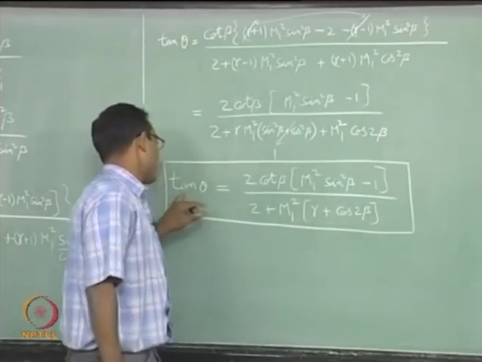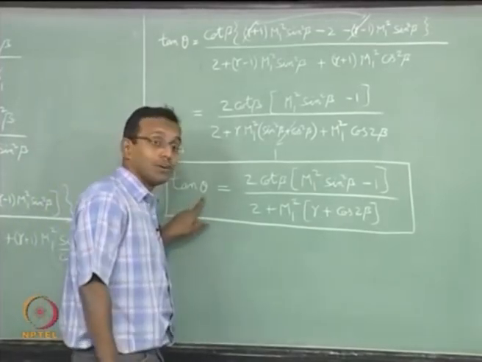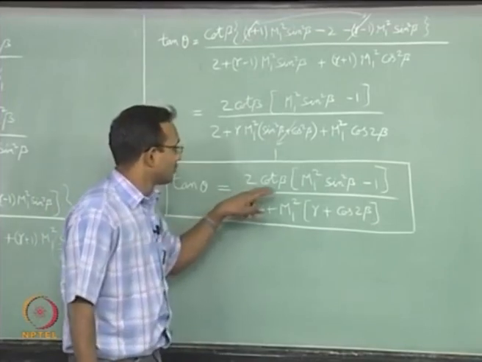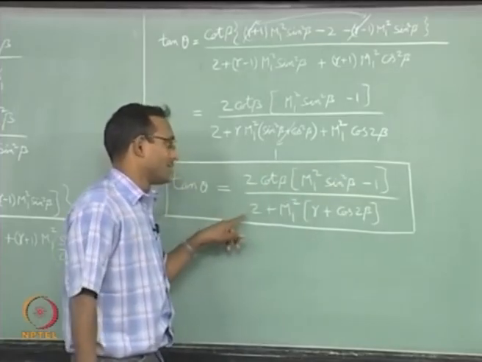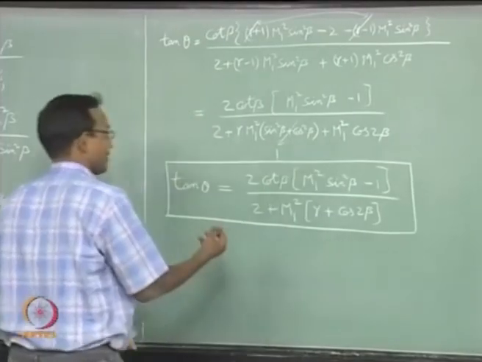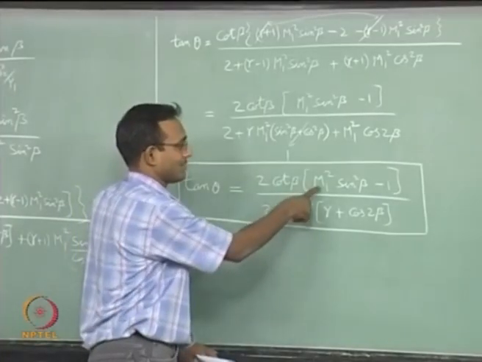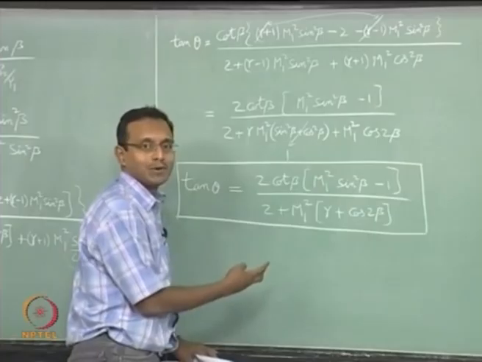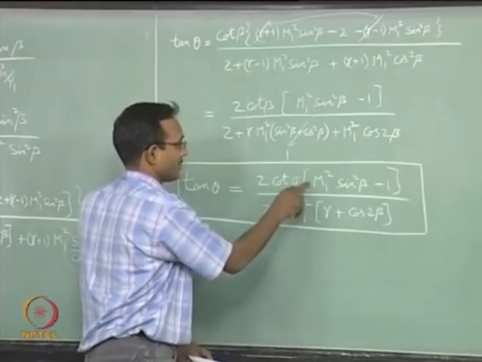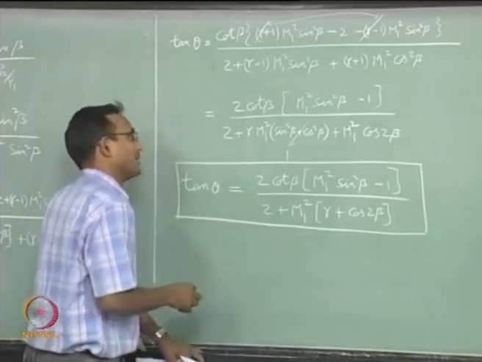Now I want to find values where the curve hits 0, where theta will become 0, no deflection angle, that is what we are looking for. We will see why. So only the numerator can go to 0 now, denominator is not going to go to infinity really. If at all Mach number goes to infinity, we will come to that special situation later, because if it is going to infinity, numerator also has an M1 square, it will not really go to 0. So now I have to think about other reasons why it will go to 0, either the square bracket can go to 0 or cot of beta can go to 0. If cot beta is 0,